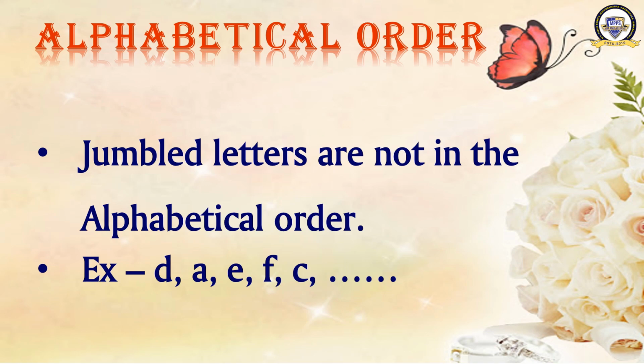You know that what comes after P? Q. Then what is before S? R. What is before Z? Y. So that order is followed in the alphabet, and that is called as alphabetical order. If you are writing it in a jumbled way, that cannot be called as alphabetical order. Okay. So we will learn something more about the alphabetical order now.